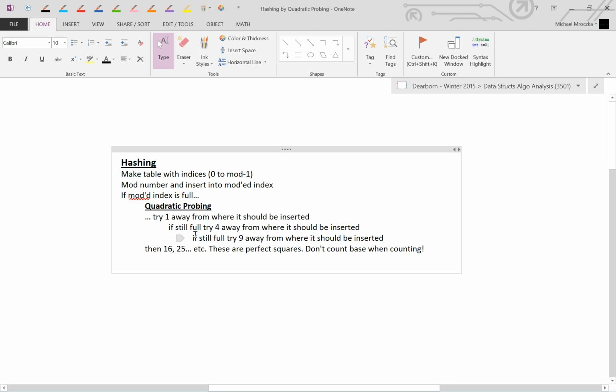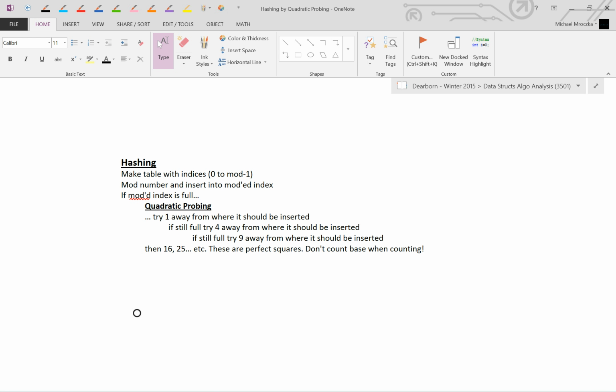Now the problem with quadratic probing is very frequently you will come across a scenario where you will never be able to insert an item. And you're going to have to do something called rehashing. Now I'm not going to explain rehashing in this tutorial, but just suffice it to say, if